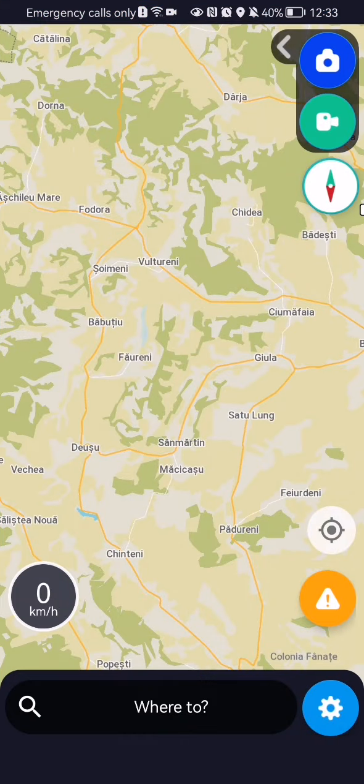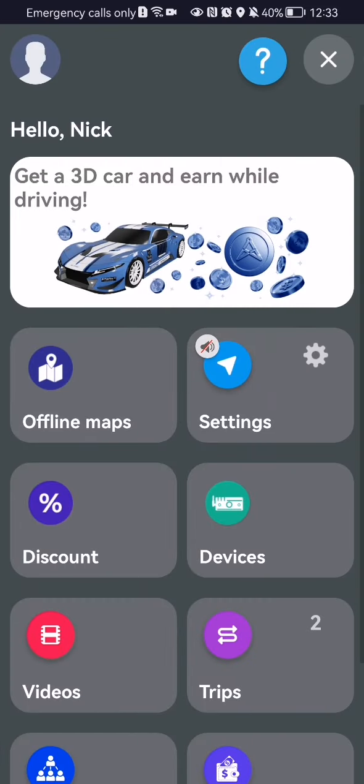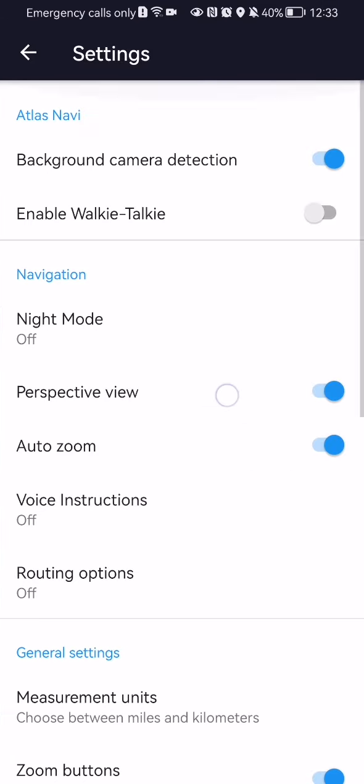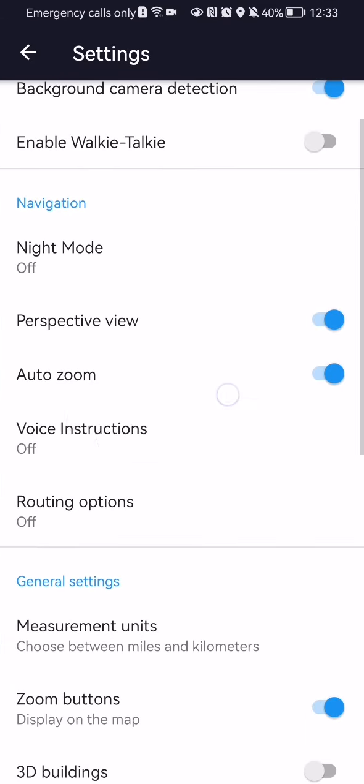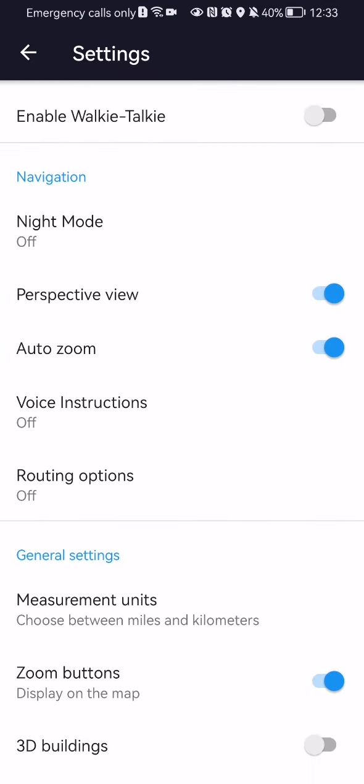Once you are done with that and you are on the home page, you should look at the bottom right corner and there you will see a settings symbol. Press on it and on this page you will be able to find the settings as well. Press on that. And you can see here under the navigation category the third option, which is auto zoom, and